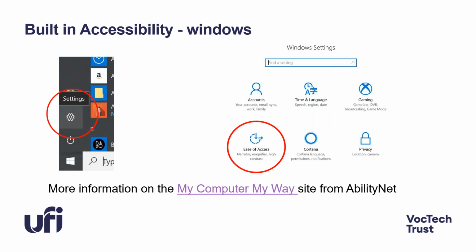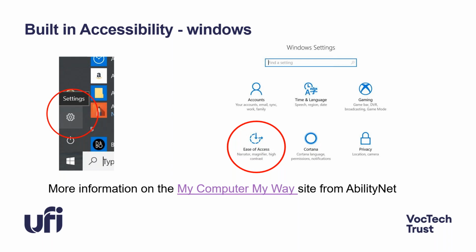So we look at built-in accessibility. Windows, this is showing the ease of access center, where you can do lots of changes. Not only what it looks like, you can do things like add sticky keys. If you've ever hit the shift key by accident 5 times, a thing will pop up saying, do you really want to switch on sticky keys? So what sticky keys does, for example, is if you can't use 2 hands, so it's quite difficult to do shift and something, or control P, which would be print,